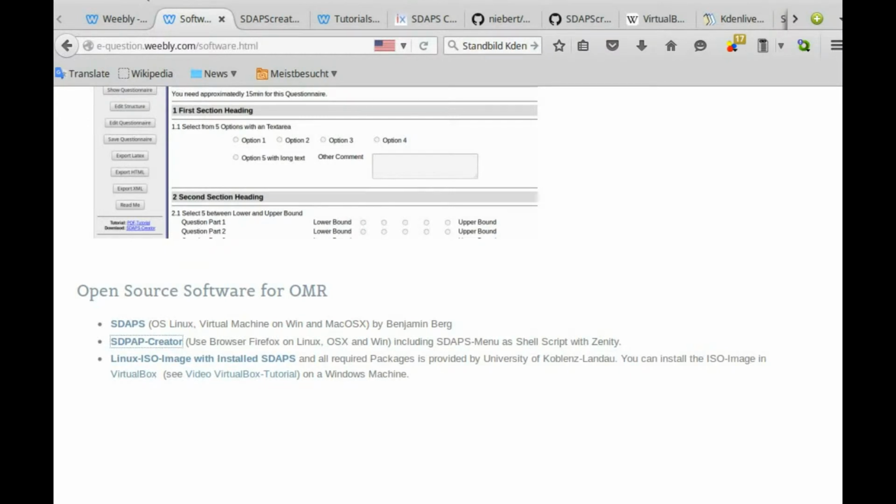Down here you have the Linux ISO image that is necessary to install SDAPS on your computer as a Linux operating system. If you want to stick to the Windows machine, you install it into a VirtualBox, which is a virtual machine running a Linux operating system inside your Windows. But this is a different step. I would recommend to use and install the ISO image provided by Michael Baumann from the University of Koblenz-Landau directly on your machine, and then